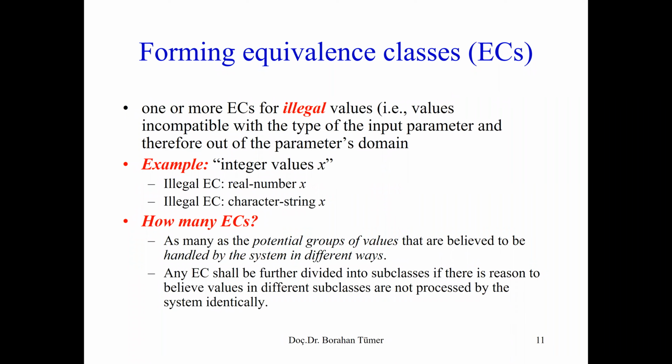How many groups should we form so that this set of inputs of the software product is correctly divided